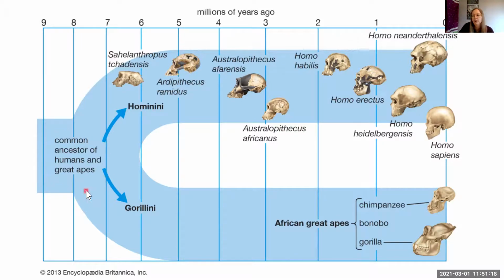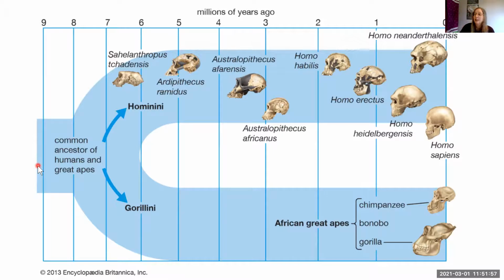Whatever this creature was, it was not a chimpanzee or a gorilla or a bonobo, which you can see on the end there, because these organisms are still currently alive today. So it wasn't necessarily a great ape, but it was some organism that both us and great apes came from. So you did not come from monkeys, but you share a common ancestor with monkeys, which is cool because if you look back far enough, you share a common ancestor with cats, you share a common ancestor with fungus, you share a common ancestor with trees. Like we are all related, which I think is a really beautiful idea.